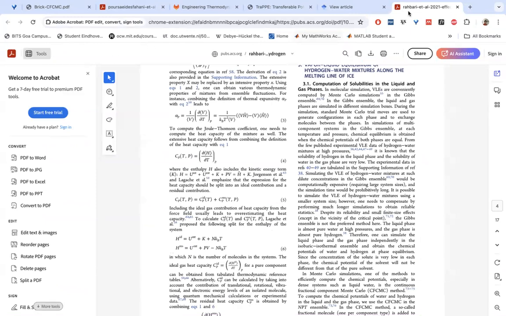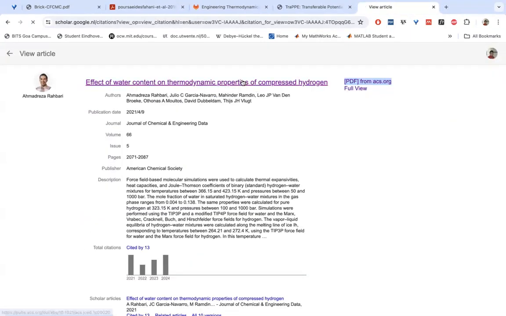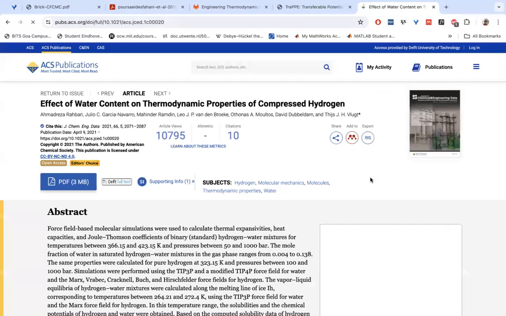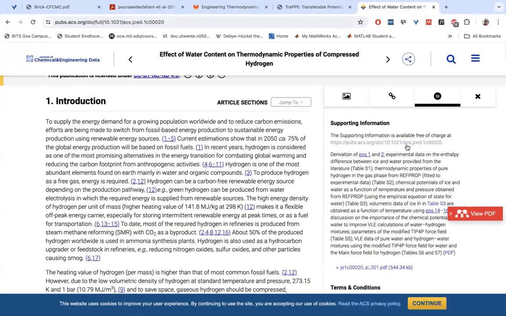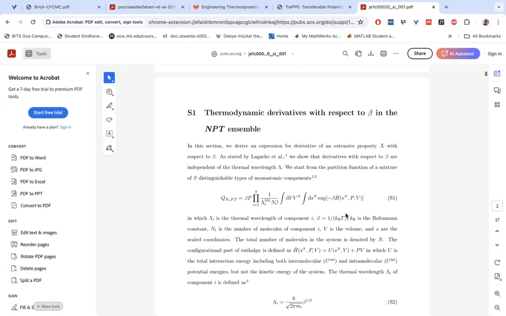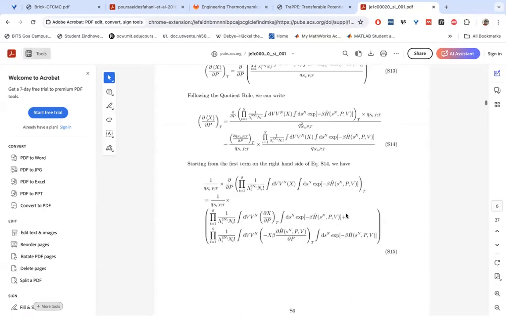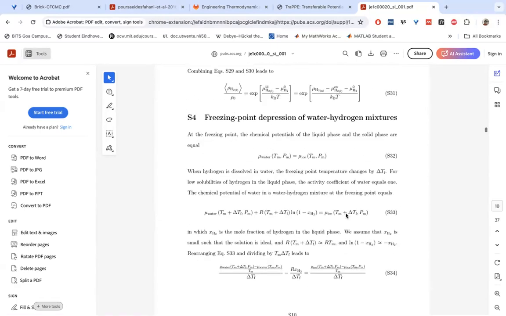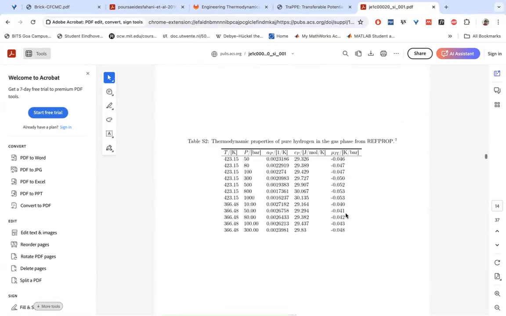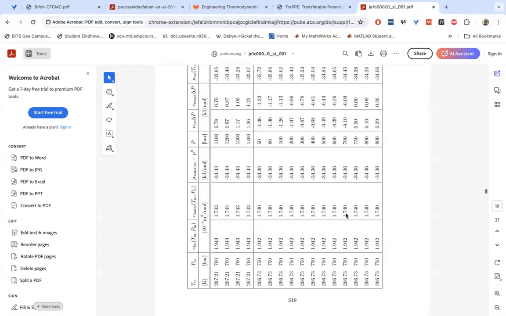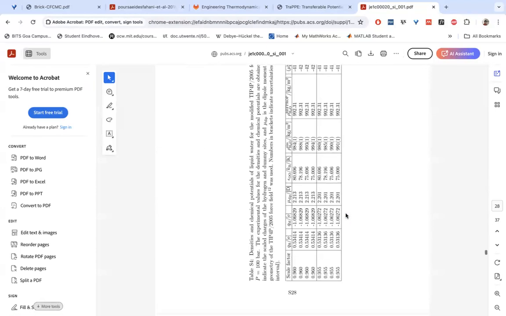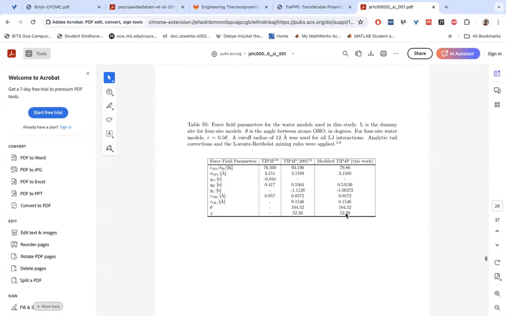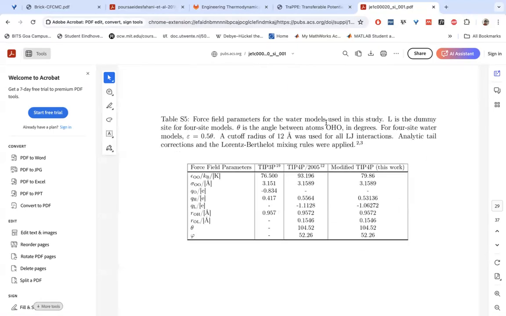In the SI of this particular manuscript, you must be able to find the force field parameters. Yep, so here are the force field parameters